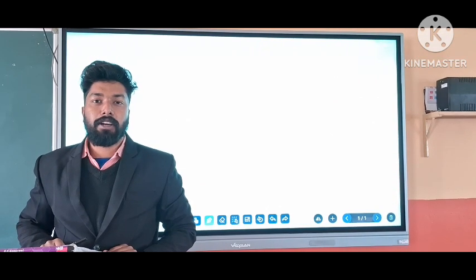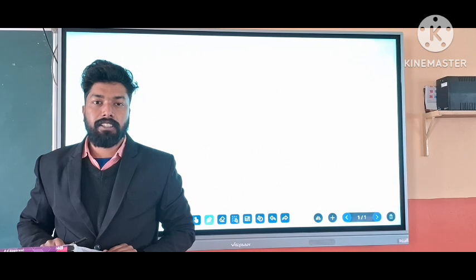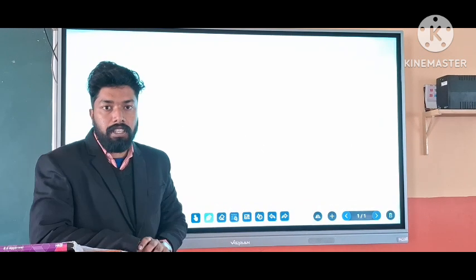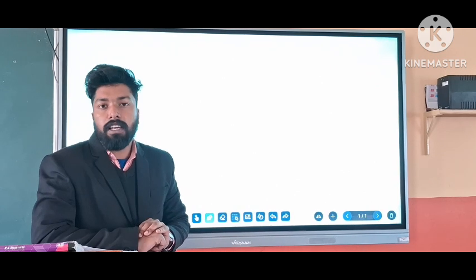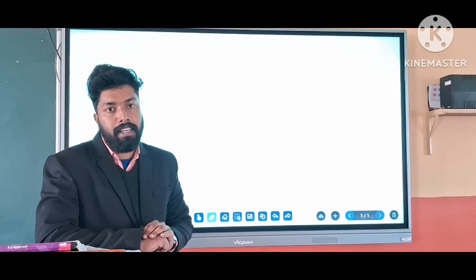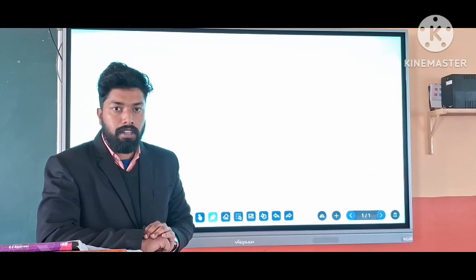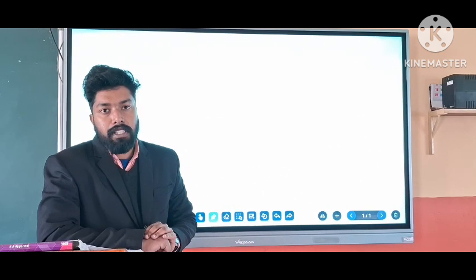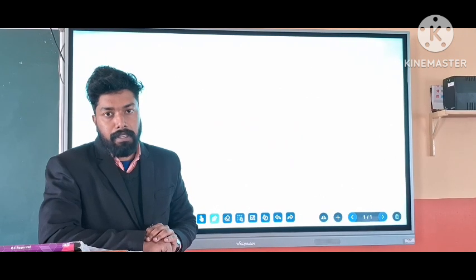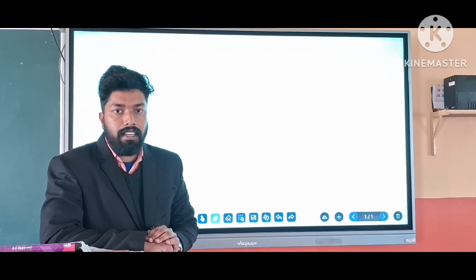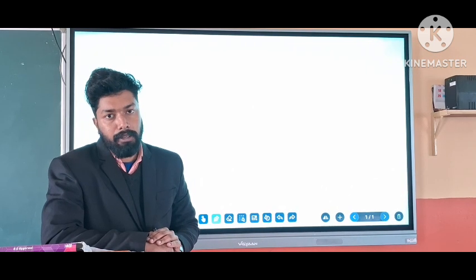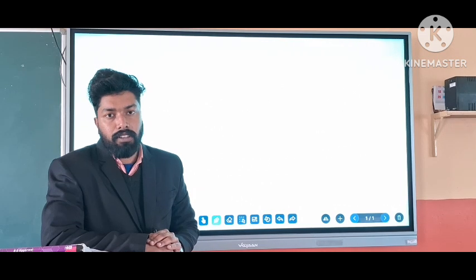So today we are going to discuss the questions of the chapter profit and loss. In the previous classes we discussed what is profit, what is loss, what is CP, what is SP, and the equations for finding CP, SP, gain percentage and all. We discussed questions based on a single statement, and from that we derived how to find gain percentage, loss percentage, gain, loss, CP and SP. I hope you completed that homework and understood all the sections.